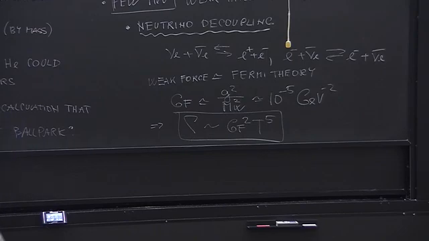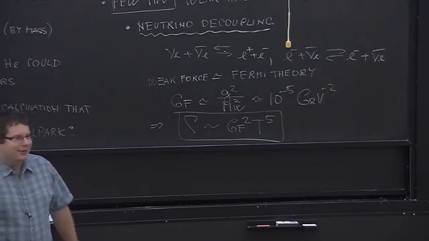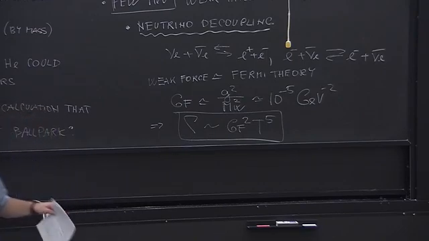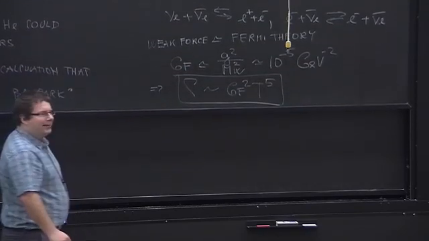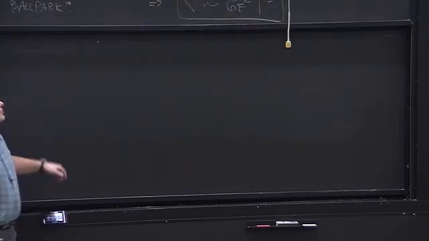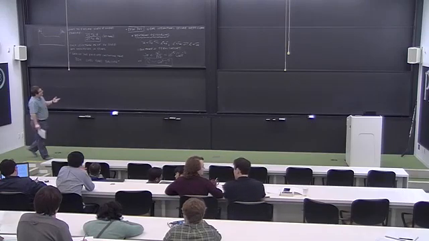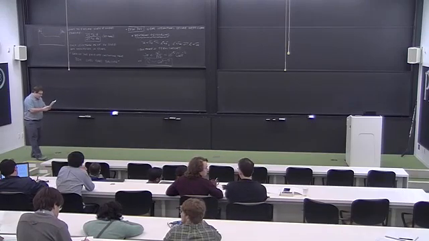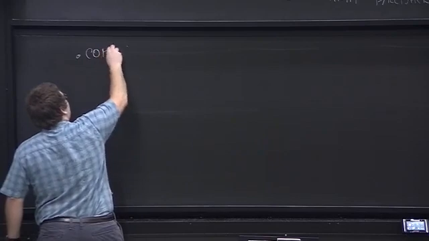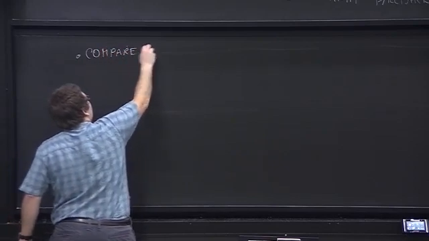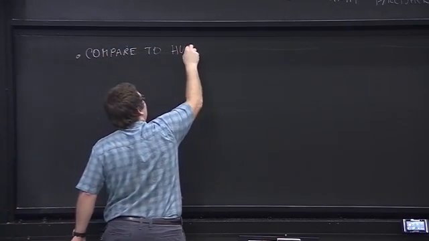Well, everything is relativistic, right? The electron mass is half an MeV or something like that, so it's still relativistic. Yes, you're right, you can do much better approximations, but this is enough. I'll be cheating a lot in this calculation anyway. So this is our reaction rate, and now you want to compare this to the Hubble rate.